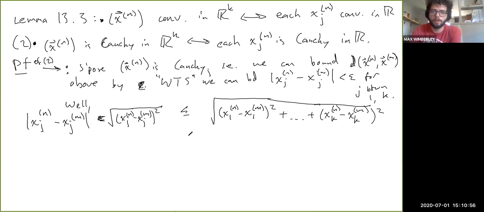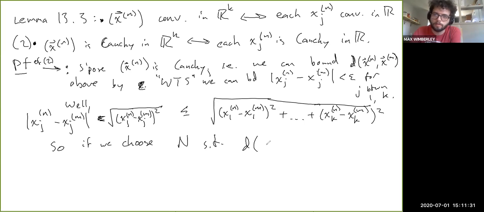You see, this expression is less than or equal to this one because in going from here to here, this term x_j^n - x_j^m is in there somewhere, and we just added a bunch of other positive terms, so that has to make the expression bigger. So if we choose the same capital N such that the distance of x^n and x^m